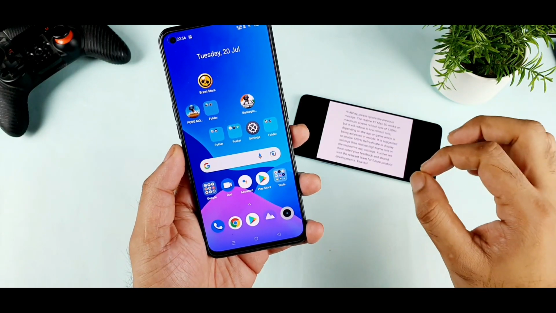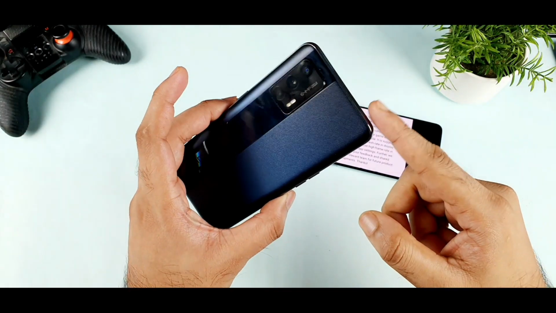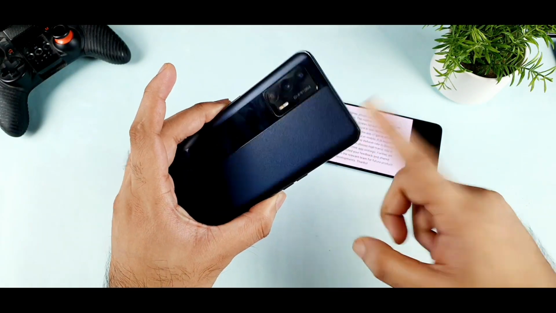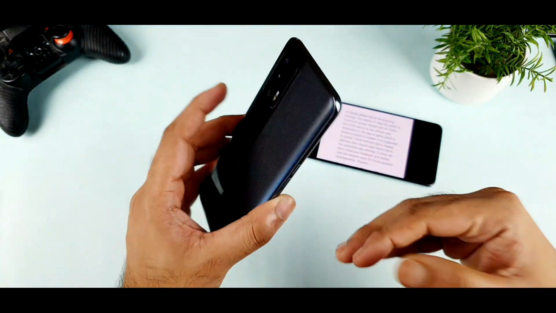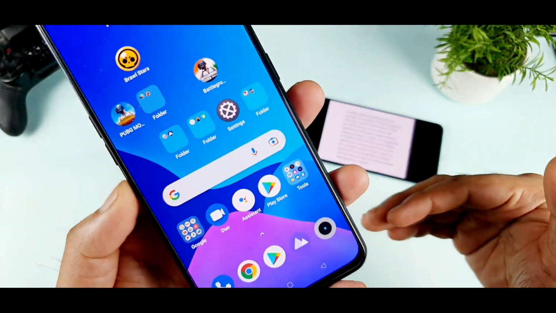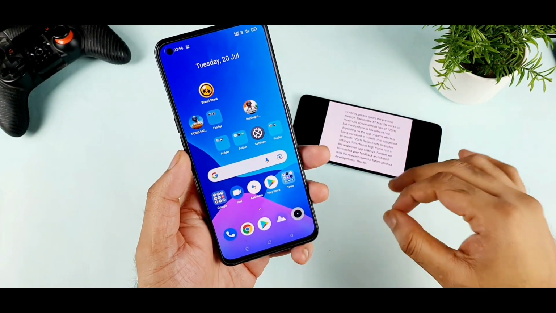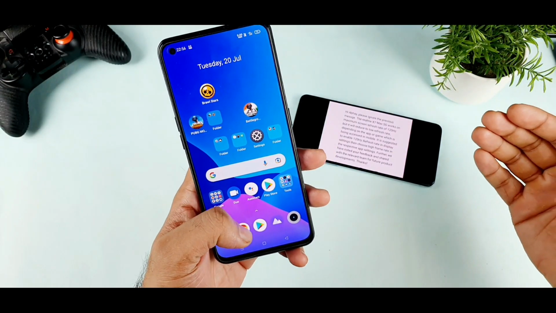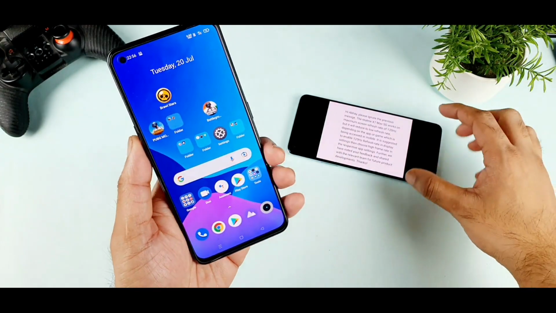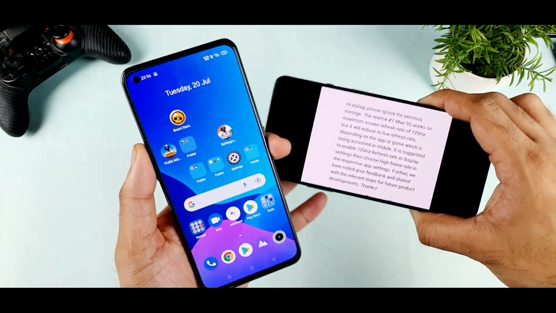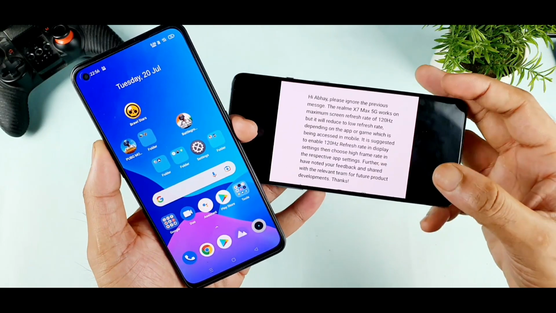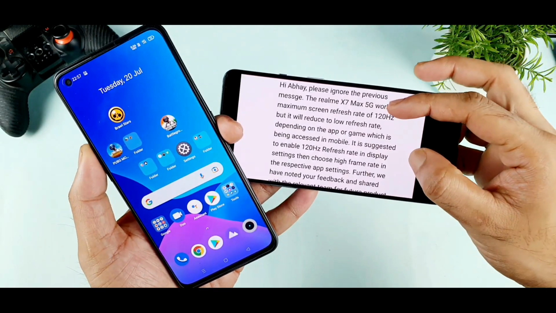In today's video, I want to talk about the problem going on in the Realme X1 Max, where 120 FPS support is not working. A lot of users, whom I advised to give feedback to the Realme team that we are facing this problem, did report it, and we got a response. One of the users exactly copy-pasted the response he got. As you can see, let's read what the feedback is.